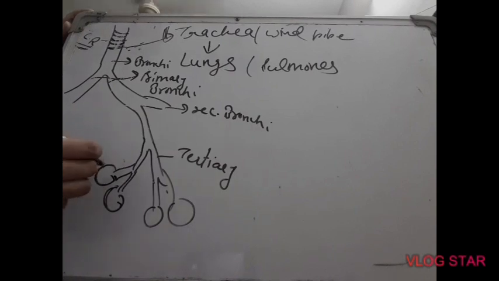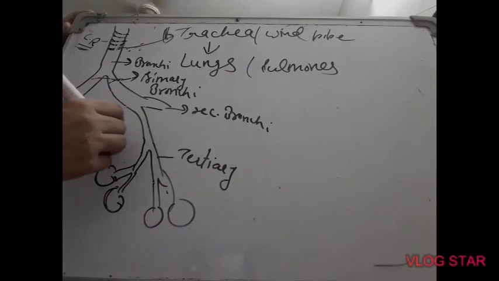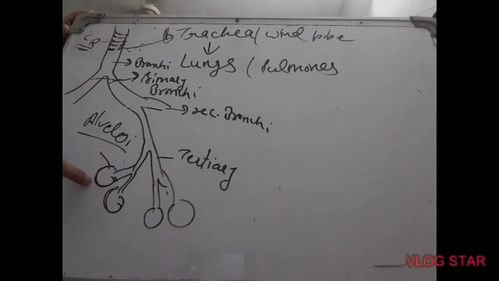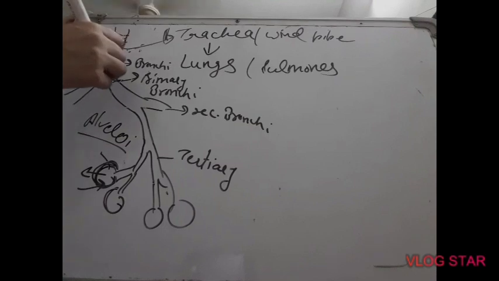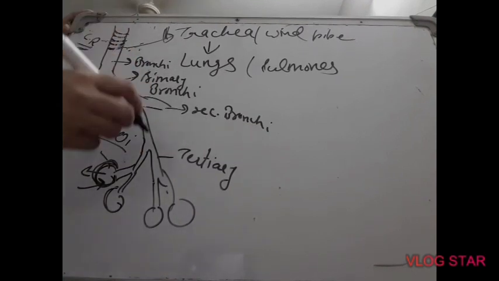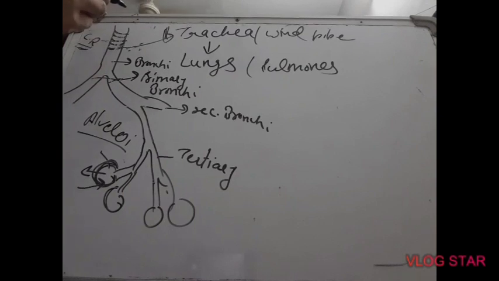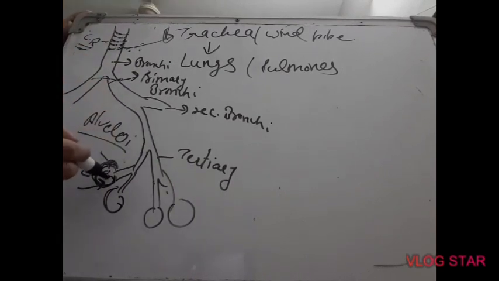small balloon-like structures which are known as alveoli. Plural is alveoli and singular is alveolus. These are also known as air sacs, the place where the actual gas exchange takes place. When we breathe in oxygen, it passes through this entire passage from all the organs we have discussed: from nostril to nasal cavity to internal nares to pharynx to larynx, then to trachea and primary bronchi, secondary bronchi, and so on, and oxygen comes to the alveoli. From the alveoli it moves into the blood capillaries, and carbon dioxide moves out through the same passage.